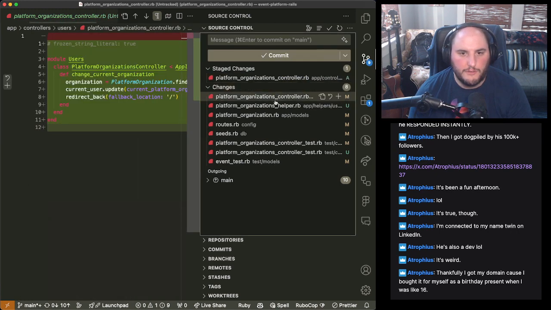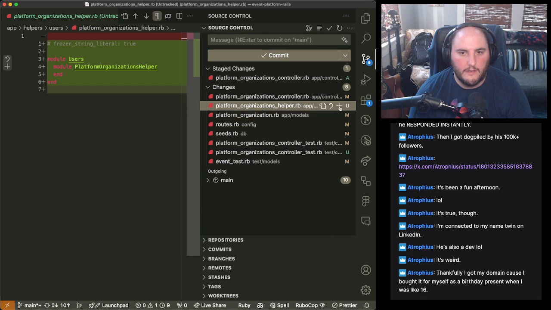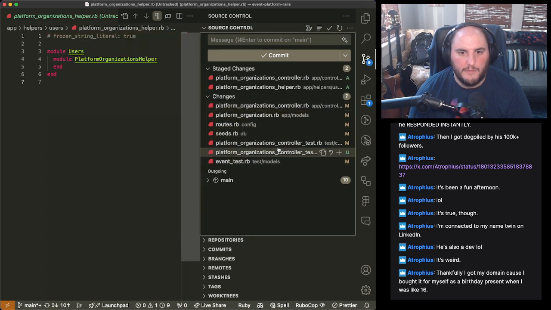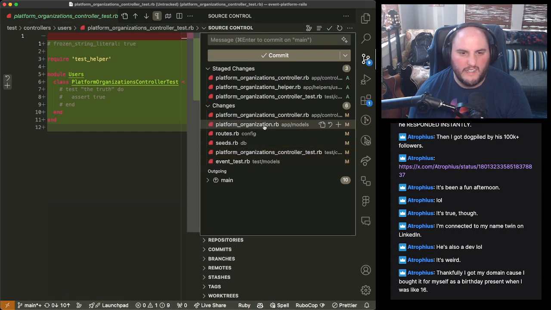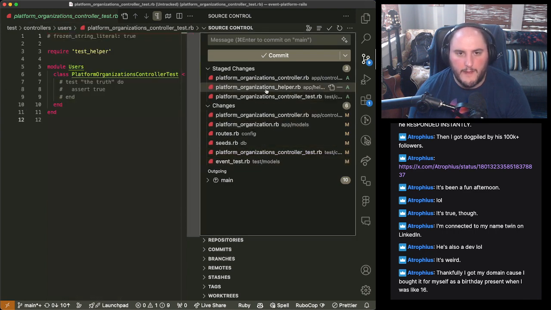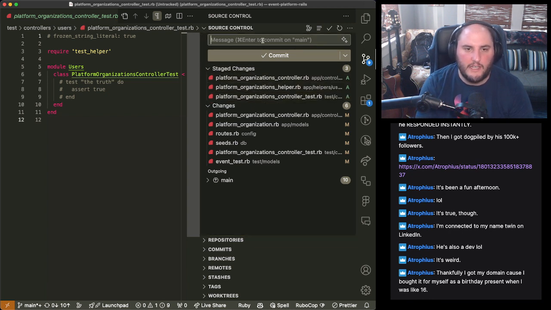This is going to add some capabilities here that we really want. We should probably write a test for this, but we are not for right this minute because there might be better things we can do there. But now we can just say, okay, add controller to enable org switching.